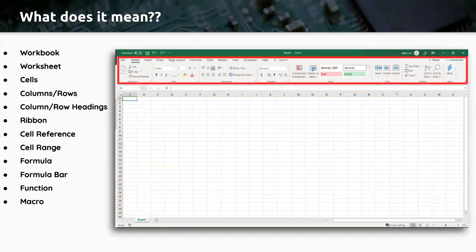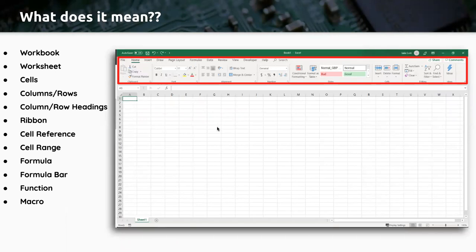Our ribbon should be pretty self-explanatory. It matches really well with a lot of how these programs, CAD, any of the Microsoft Office suites, do have the ribbon now. And that ribbon basically makes up all of the tools that you have available. And within that ribbon, you do have your different tabs that you can click on that go to all the different tool sets.